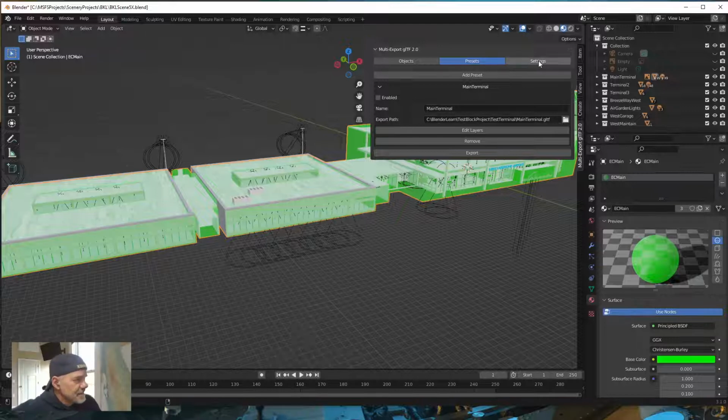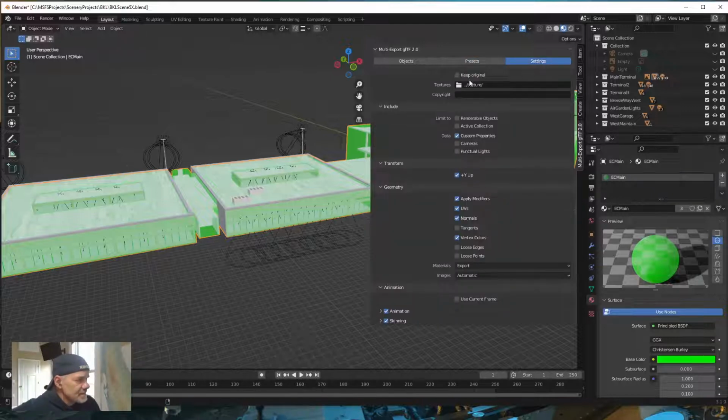All right, so we talked about the settings tab where you go ahead and type in your path to your textures, turn on your custom properties, turn on your Y-up, your modifiers and your normals and your UVs. Okay, turn on all that stuff. And